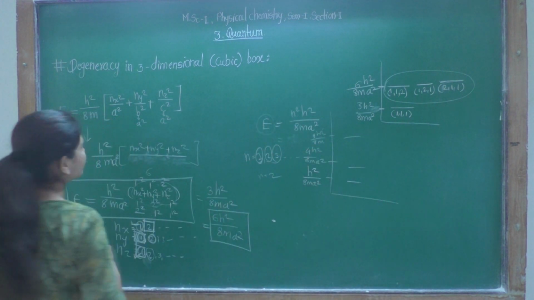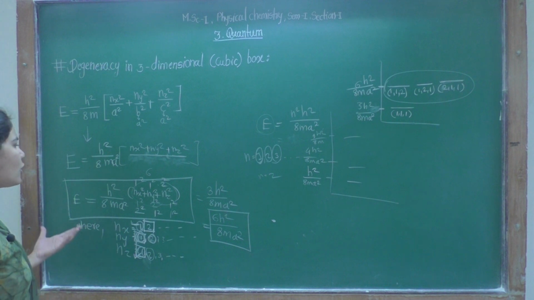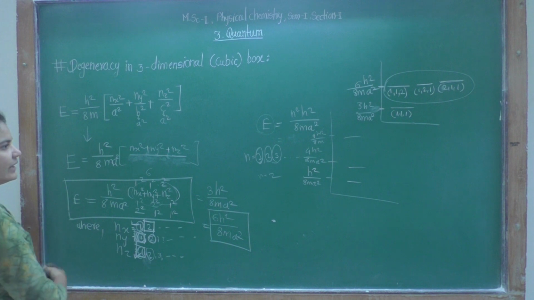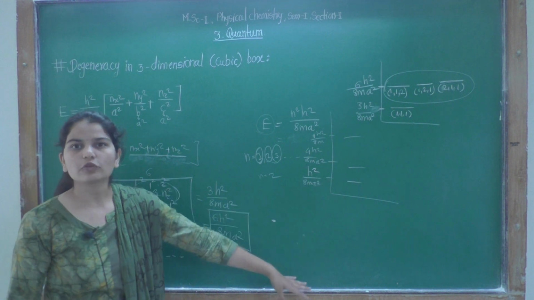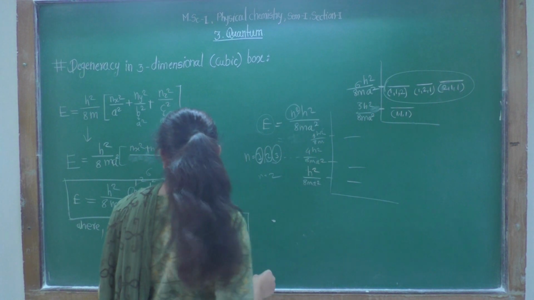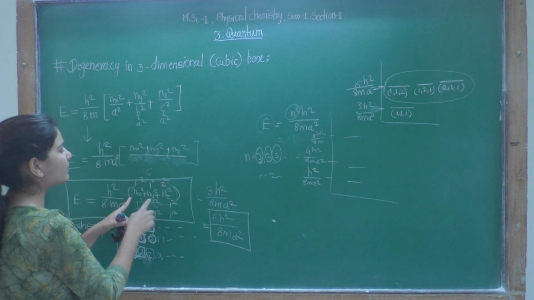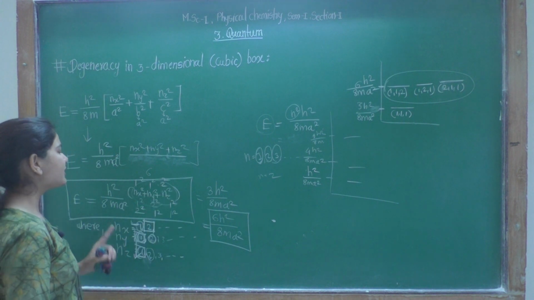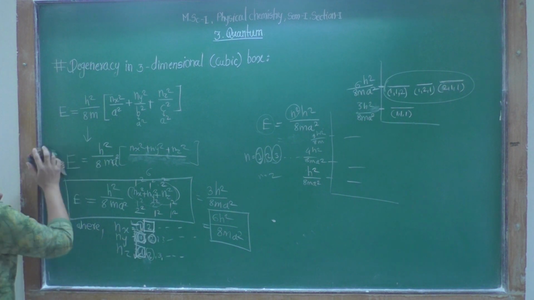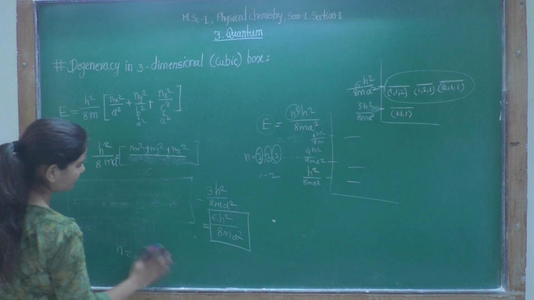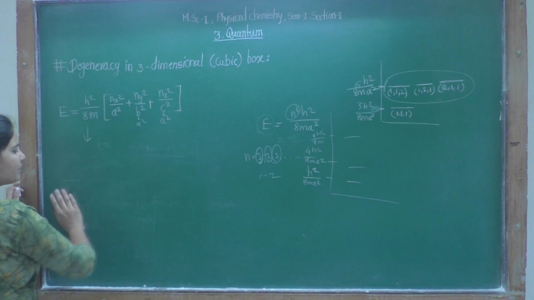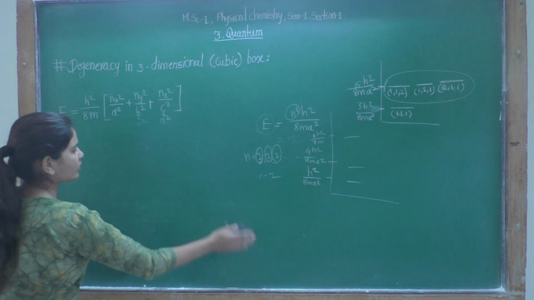So, in this way, for a particle in a 3D box, we can plot the energy level graph quite differently as compared to a 1D box. There was no issue of degeneracy there, everything was fixed because there was only one value of n, but here there are different combinations of Nx, Ny and Nz, and so we will get different degenerate levels. Let's try to show the degeneracy in a particle in a 3D box.